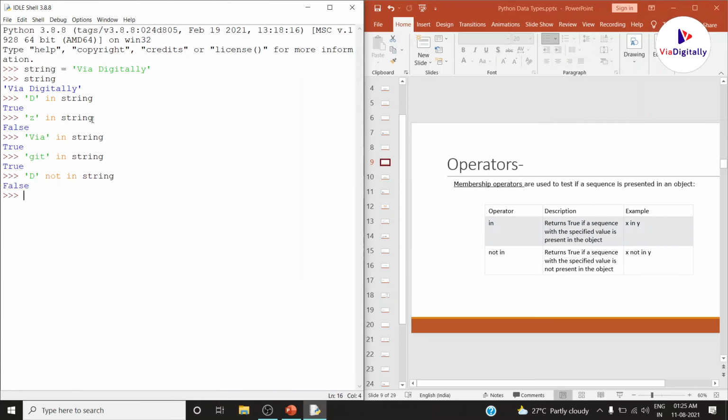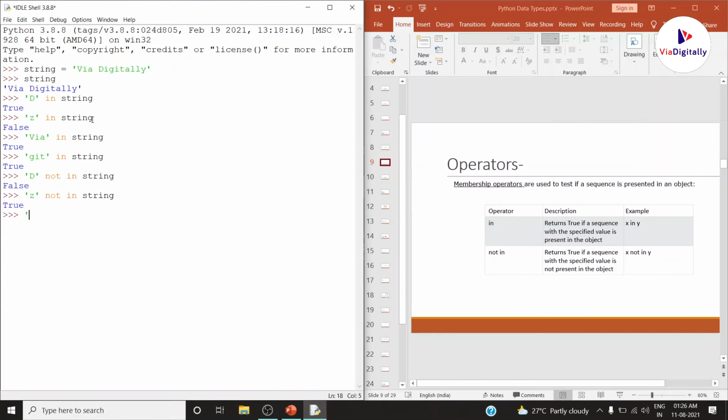It is giving false because D is actually present in string. Let us go for some false case like Z not in string. Z not in string, it is giving true because Z is actually not present in my string via digitally.